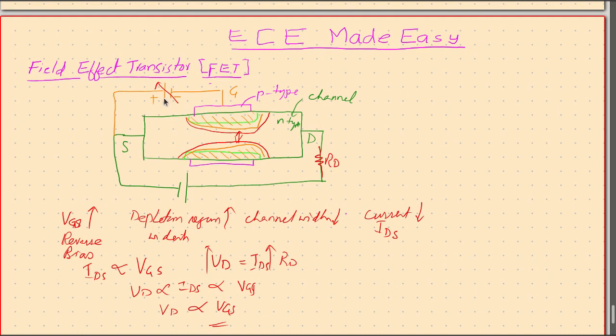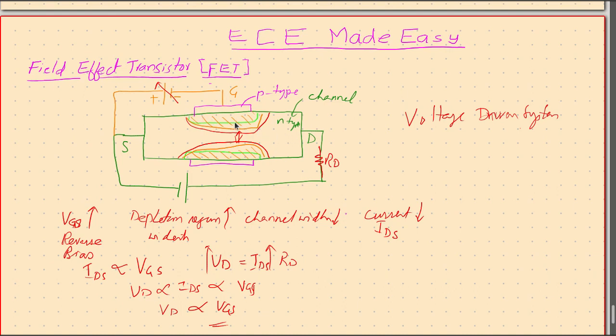And one important thing is in this case, the whole thing is initiated because of this voltage, and hence it is a voltage driven system as compared to bipolar junction transistor, which is a current driven system because the collector current depends on the base current, whereas here the output current depends on the voltage. And all these effects are seen only when we reverse bias gate and source.